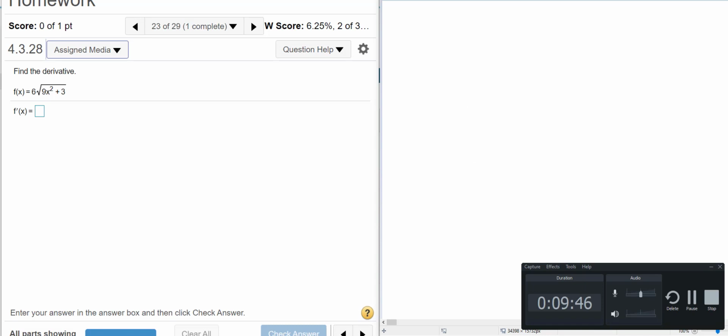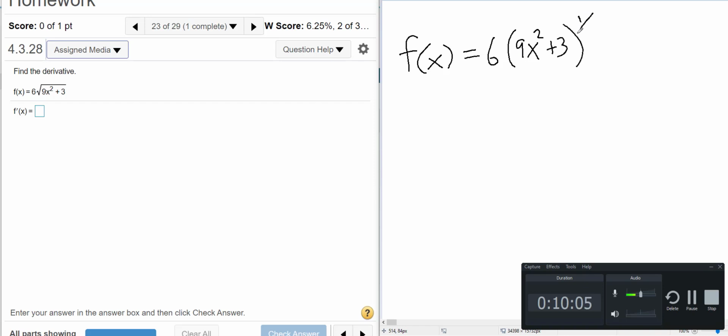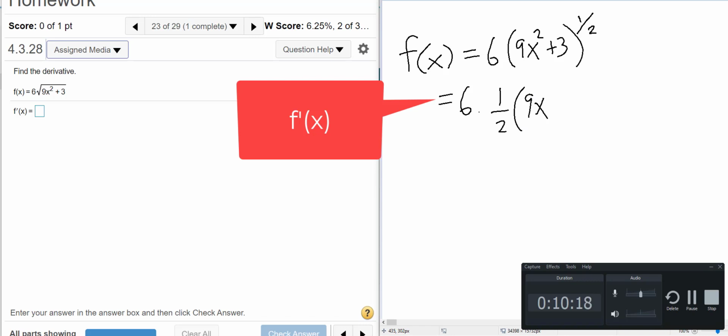Number 23. So this time we have a function that has a square root. We're going to rewrite our square root with a 1/2 power. Then we're going to follow the chain rule. Power times the base to the power minus 1, and I'm going to write it 2 over 2 because that's a common denominator, times the derivative of the base,